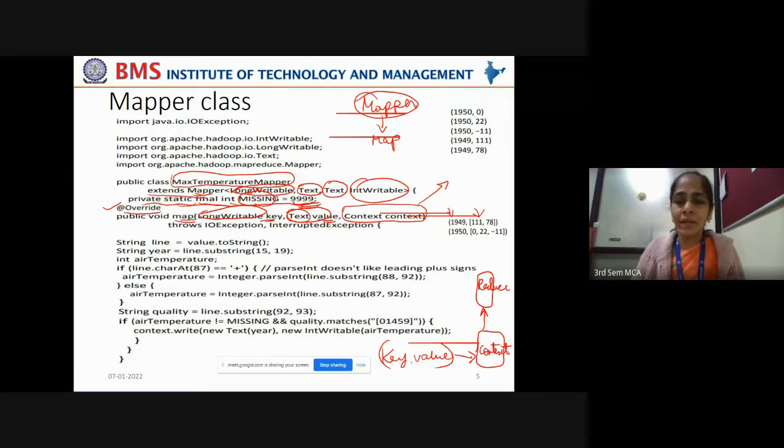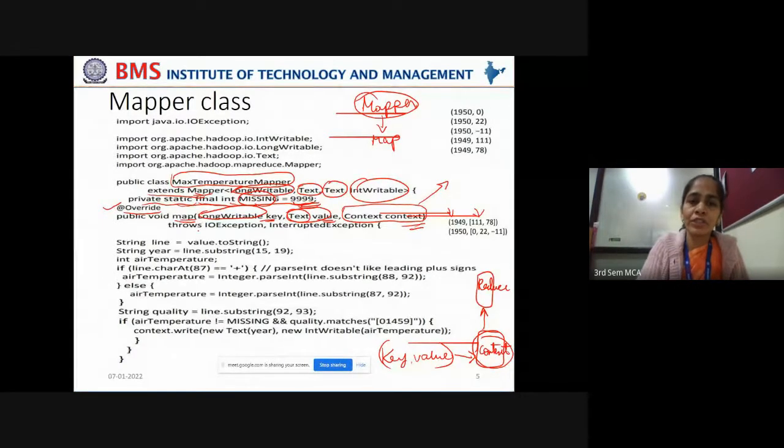Did you understand? Rather than passing the key value pairs separately, we are encapsulating them into the context object, which passes them as input to the reduce phase. This context object helps us pass data between the different phases of map and reduce.